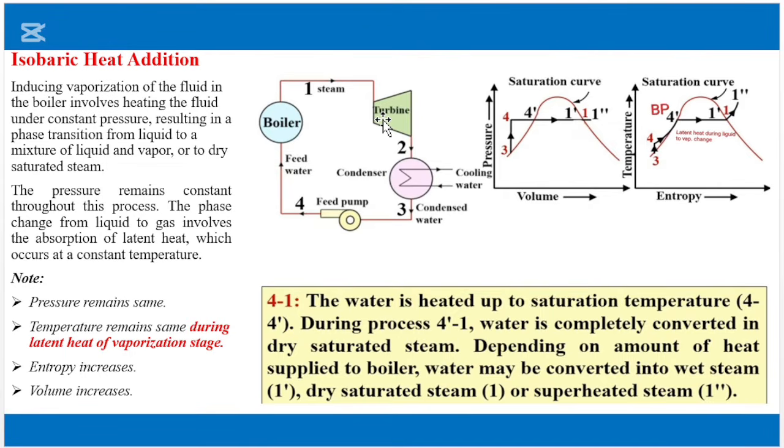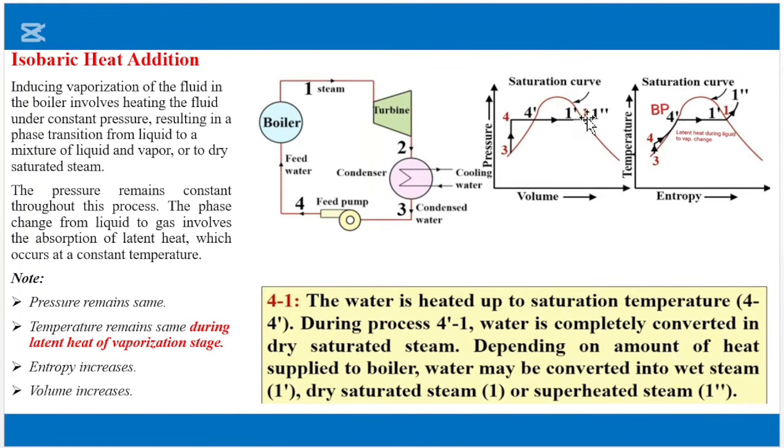So we must make sure to design the engine in such a way that the pressure remains constant. So this is one of the reasons why pressure has to be constant. Now let's look into the PV diagram of the isobaric heat addition process. So when you are adding heat,